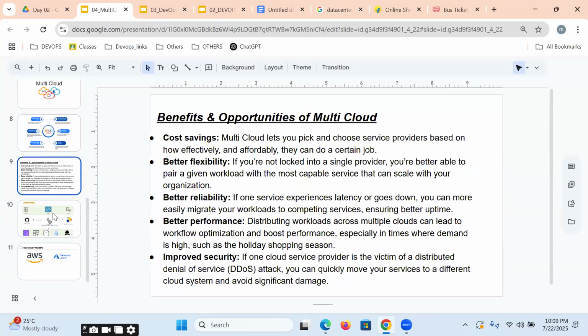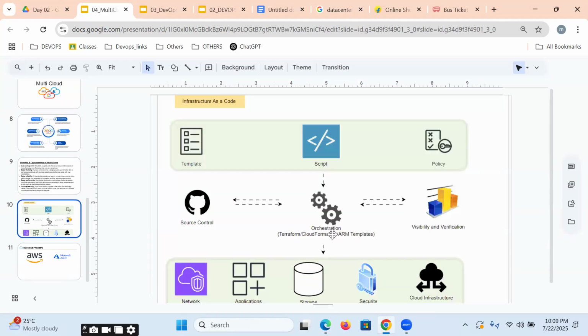But how do we organize this multi-cloud? How exactly can we work with multi-cloud simultaneously? Is there any central point? Yes, we have it by using Terraform. Terraform is a cross-cloud platform. With the help of Terraform,